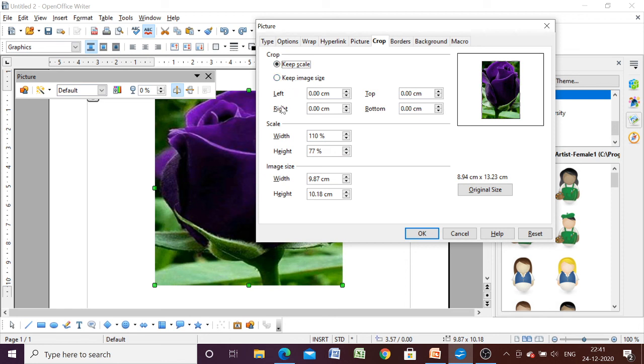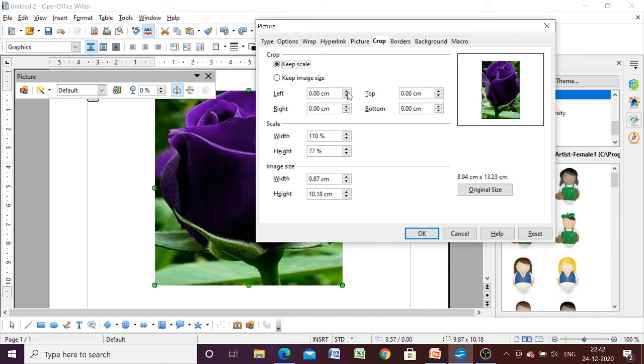So all of us know why we crop our image. हम सबको पता है कि हम image crop कब करते हैं, जब हमें एक particular portion चाहिए होती है अपने image की, तब हम image को crop करते हैं. And here we are having left, right, top, bottom, which will let you specify what portion from left side or right side or top side or bottom side you want to crop your image.